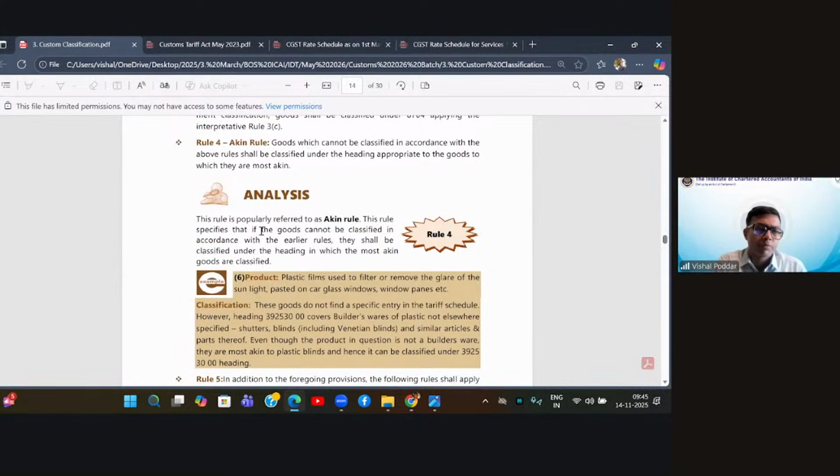Then comes rule 4. Generally, rule 4 is used for new products. New product means that many times, as technology progresses, as new inventions are made, or when a new need is created, some new product comes into existence. In the initial period of a product, you will not find any reference to that product in any chapter or heading. Why? Because these HSNs are revised over a period of time, but till the last revision, this product was not in the market, so nobody knew this product.